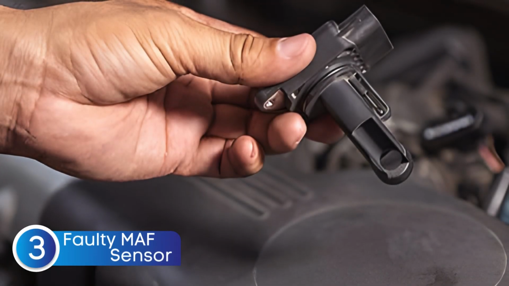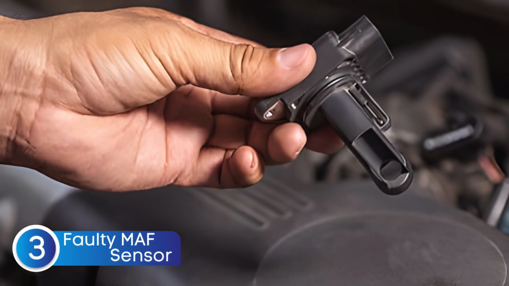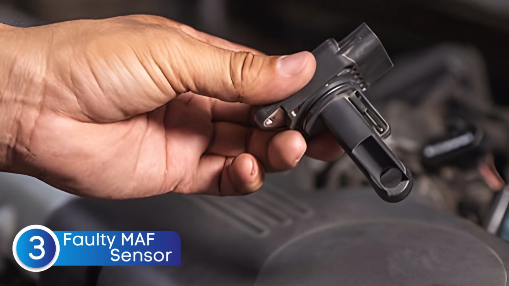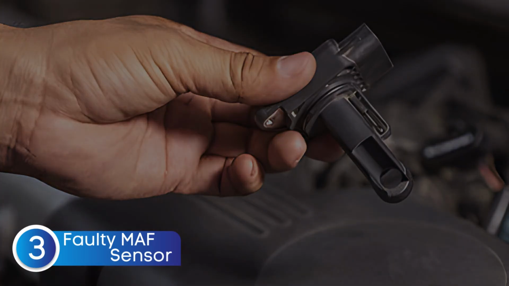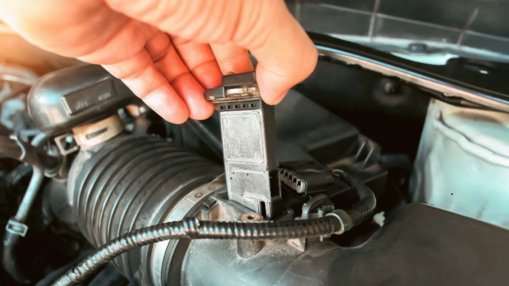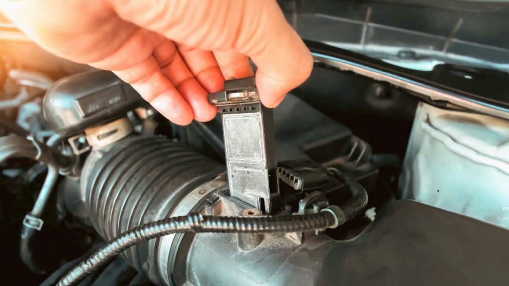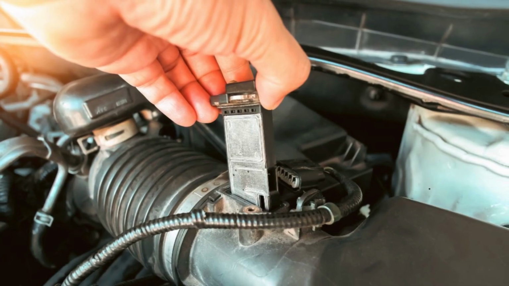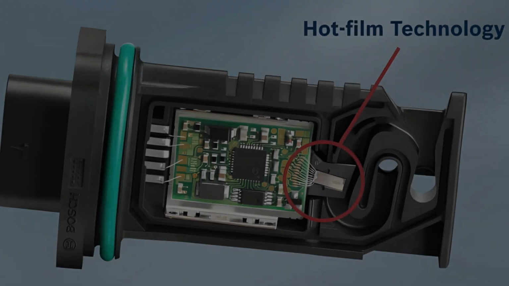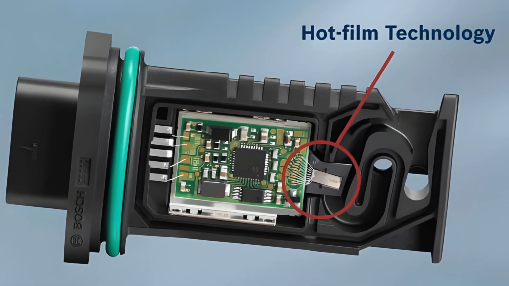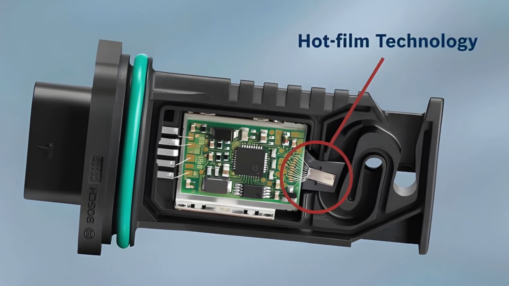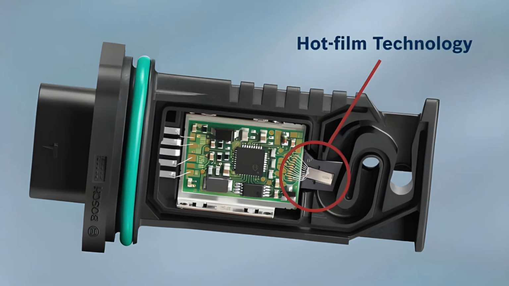Next, another possible cause of the P0101 code is a faulty MAF sensor itself. Even though these sensors are built to last, they can still fail over time due to heat, vibration, contamination, or simple wear and tear. When the internal circuitry or the sensing element starts to break down, the MAF may send incorrect, intermittent, or no signal at all to the ECM. And the moment the ECM detects a reading that doesn't make sense compared to engine speed, throttle position, or temperature sensors, it flags the